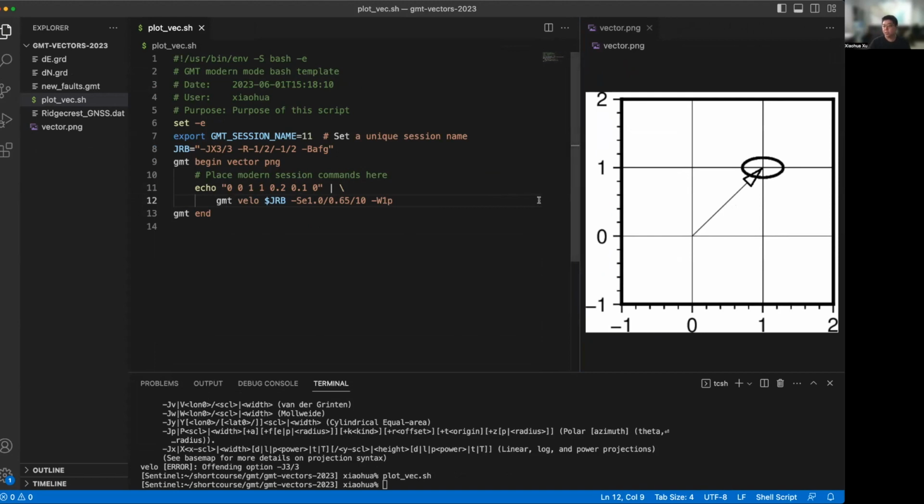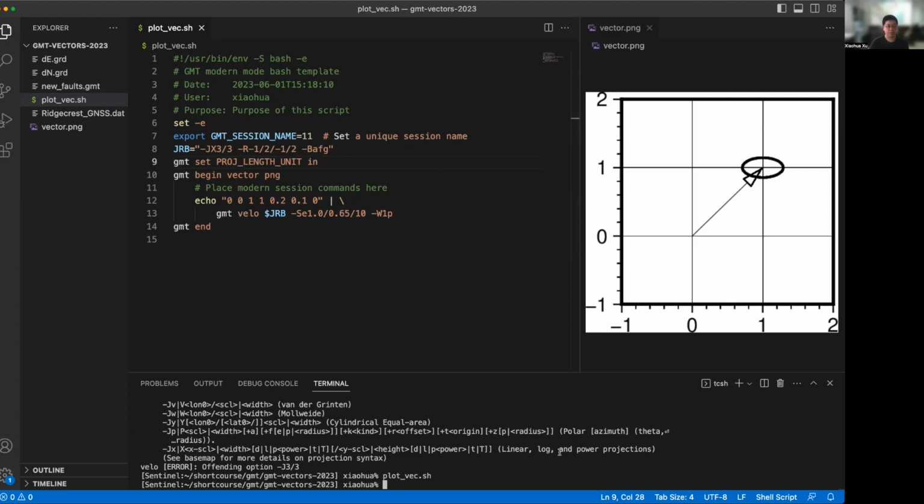Another thing that I want to mention here is that some of the systems have a different default projection unit. Those can be actually changed. For example, GMT set PROJ_LENGTH_UNIT, which is the length unit. For example, if I want to change it to inch, and then you run this one more time,